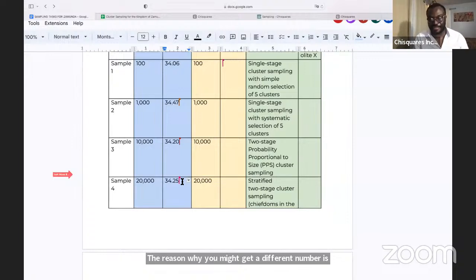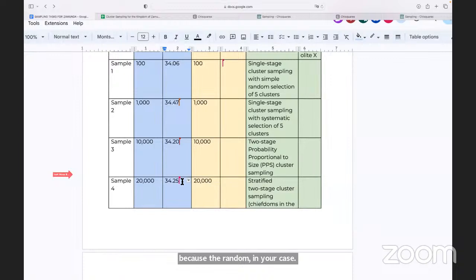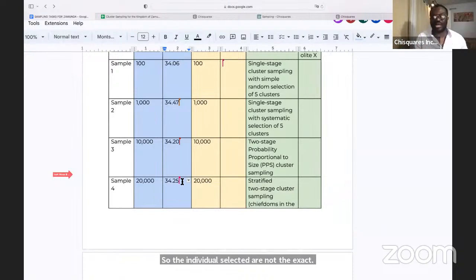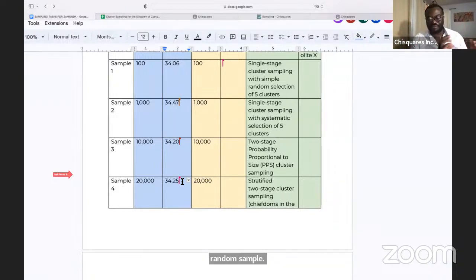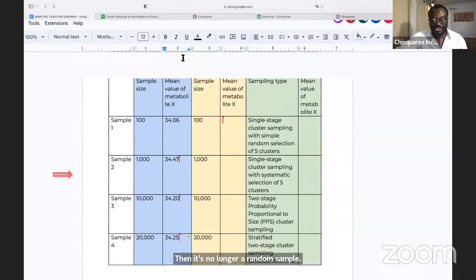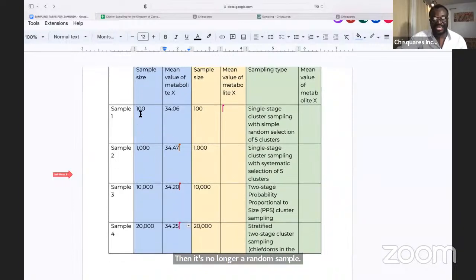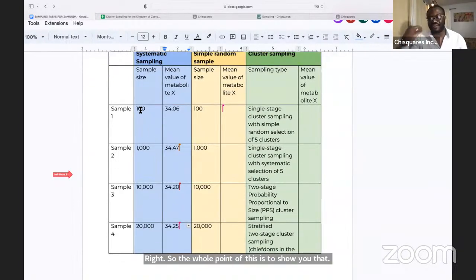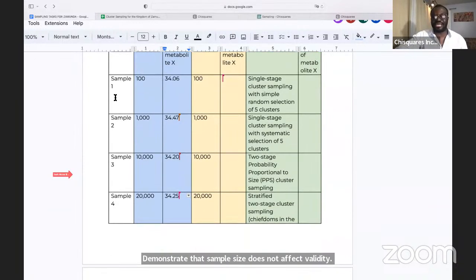Do you understand? So the individuals selected are not the exact people in your sample versus that sample. That's why it's called a random sample. If it were the same individuals selected each time, then it's no longer a random sample, right? So the whole point of this is to demonstrate that sample size does not affect validity, right? If you draw a random sample, you're going to get about the same value every single time, regardless of